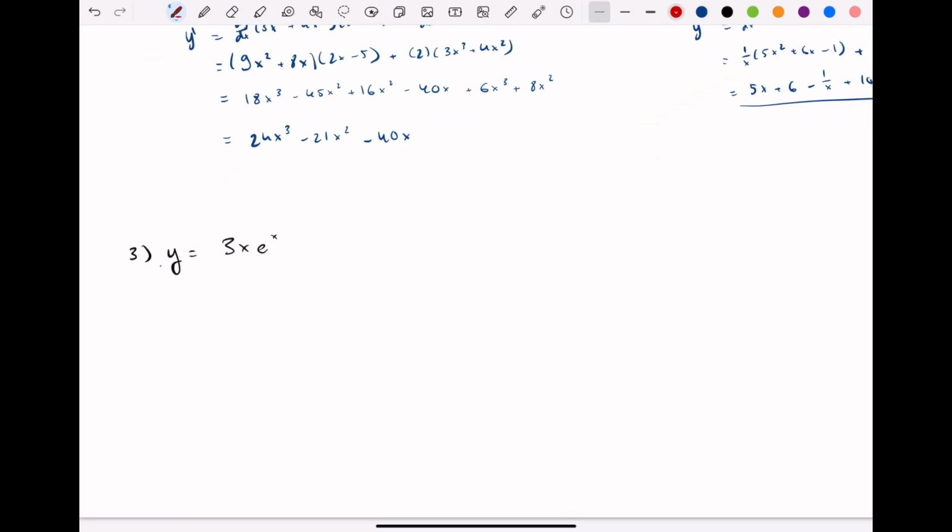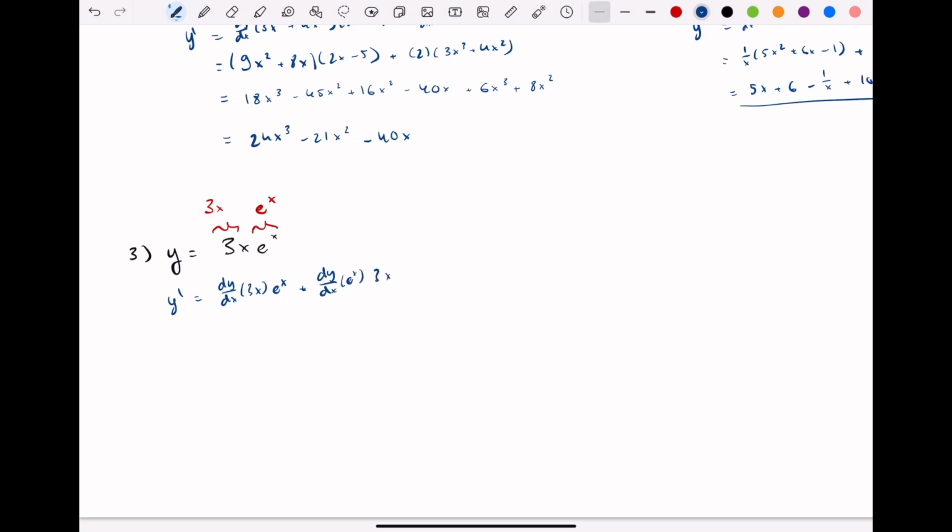So here we have y equals 3x times e to the power of x. And again, we can see that this y is made up of two functions that are getting multiplied by each other, 3x and e to the power of x. So in order to take the derivative of y, we're going to first take the derivative of 3x, simply multiply it by e to the x, and then we're going to take the derivative of e to the x and simply multiply